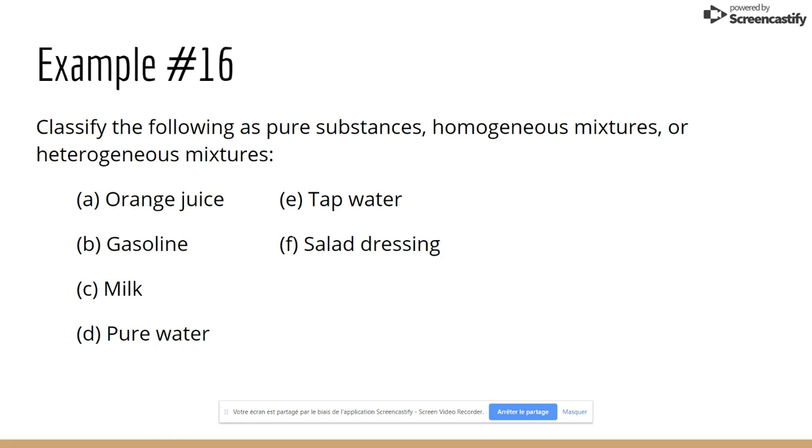This is separated using distillation. C is a heterogeneous mixture. Again, it's a biological mixture. It's coming from a cow. D is pure water. That is going to be a pure substance if it's just pure H2O. Tap water is usually a homogeneous mixture. There's dissolved gases, hence why fish are able to breathe. There's dissolved CO2, dissolved O2. Then salad dressing is a heterogeneous mixture. You're able to